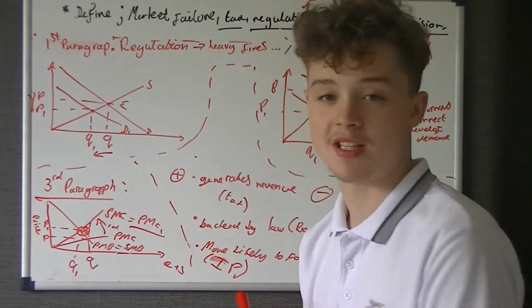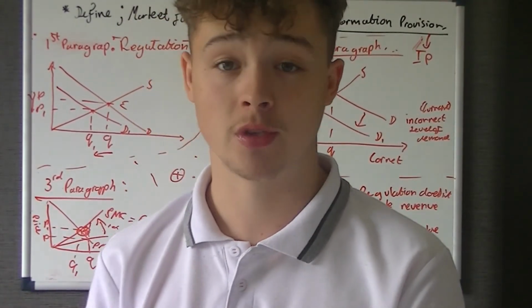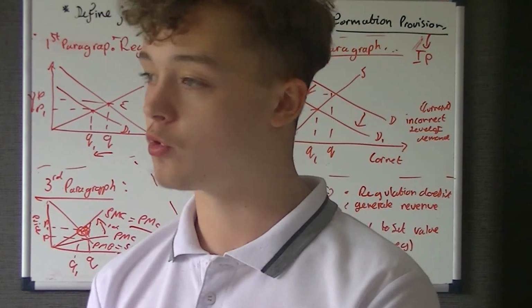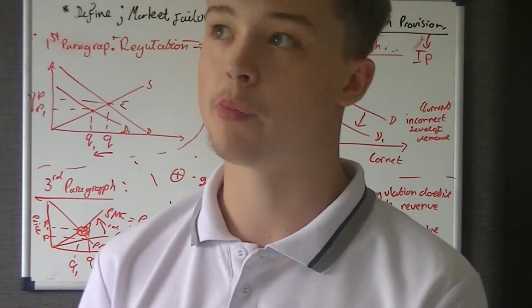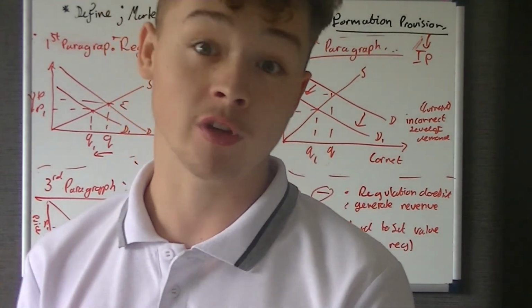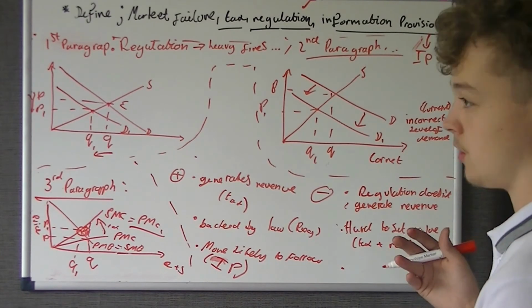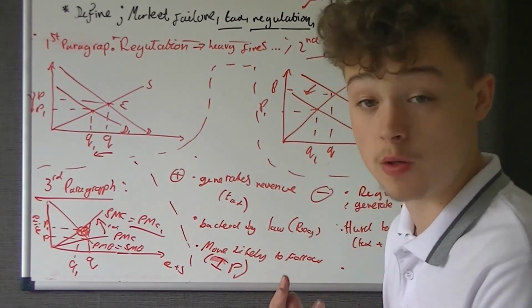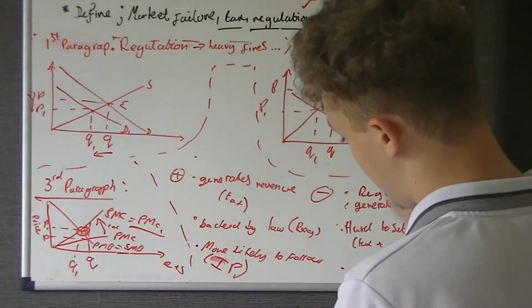Information provision, we haven't done a disadvantage. Well, as we know, information provision, you can give people the information they need, but if it's a habit forming good, which chewing gum is, well, it's not really habit forming, but people feel cool when they're doing it. So we could say... I said cool wrong, didn't I? Never mind. So basically what I'm saying is, you do the advantage of each of them, so advantage of tax,